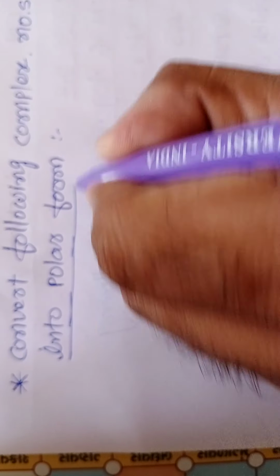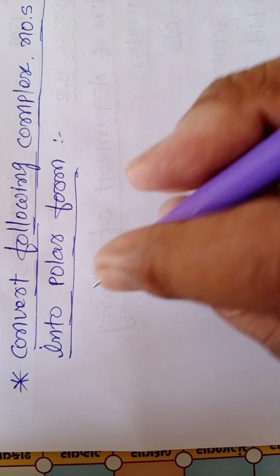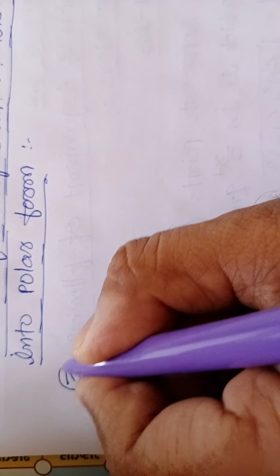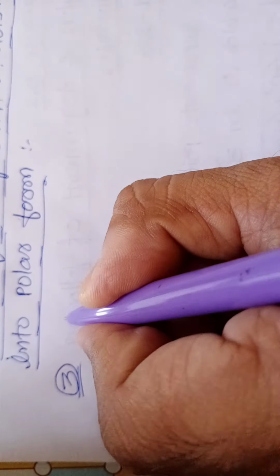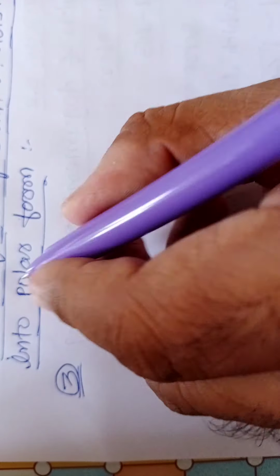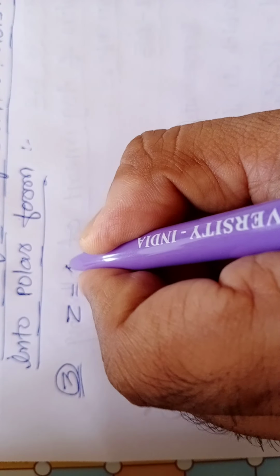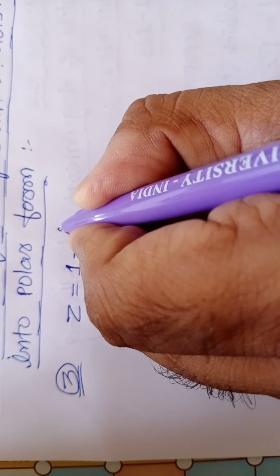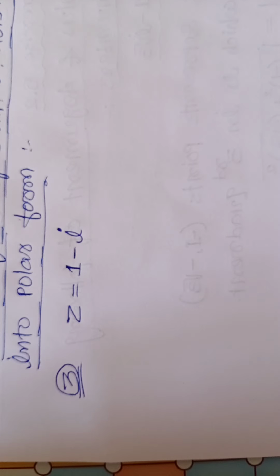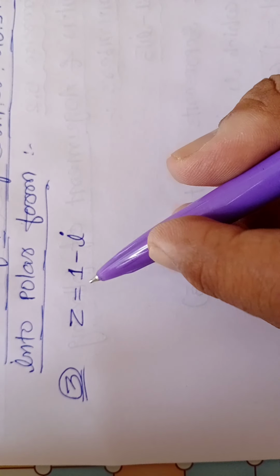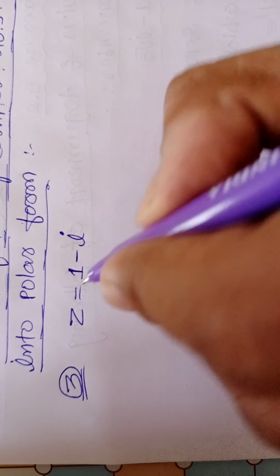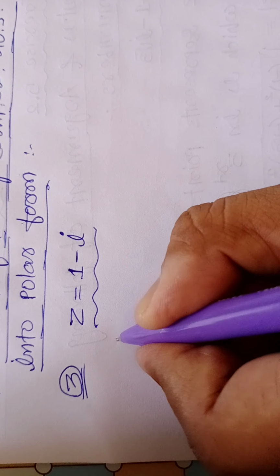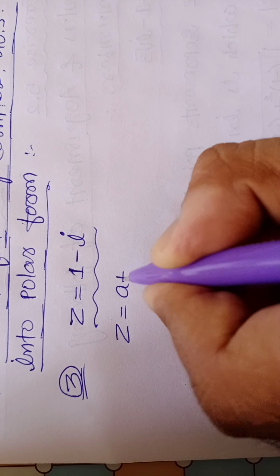Let me convert it. Okay, first complex number, your example number 3 actually. A complex number z is equal to 1 minus i, my friend. 1 minus i is the complex number. First of all, let me write it as a plus ib. See here, this is z equals a plus ib,